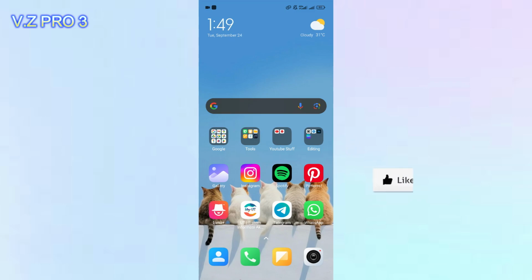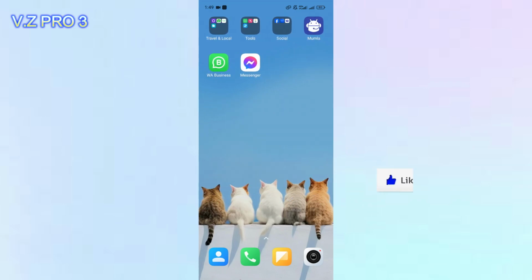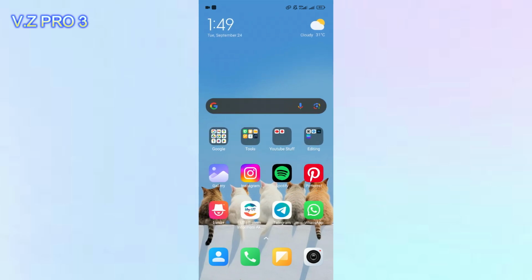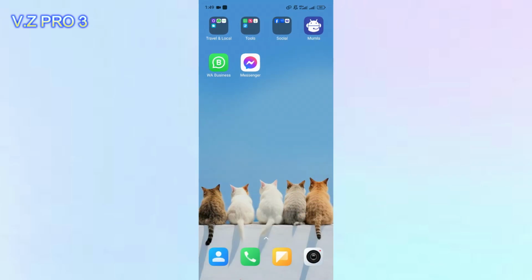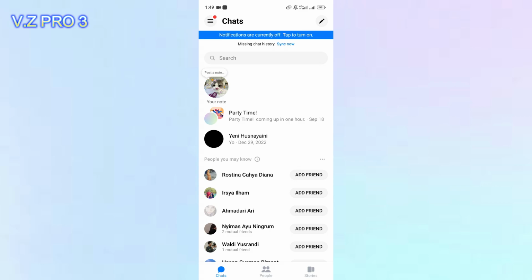So, let's go! If you're active on Facebook Messenger, switching accounts can be your new best friend. The app lets you set each of your Messenger accounts as profile icons, allowing you to check your inbox by simply clicking an icon. You can easily move between accounts this way. And how to do it, if you want to switch your Messenger account to another account, it's so